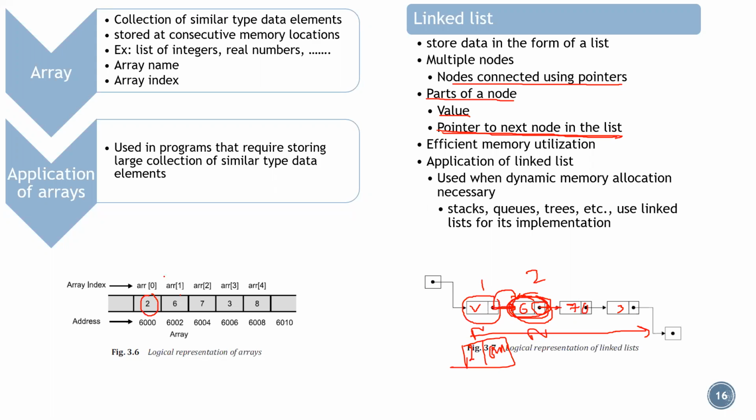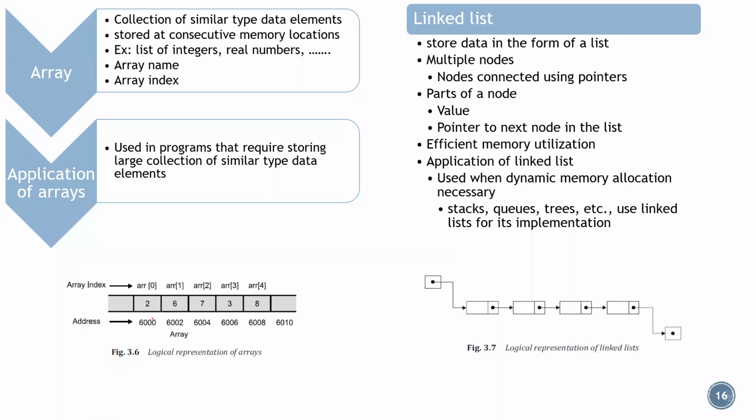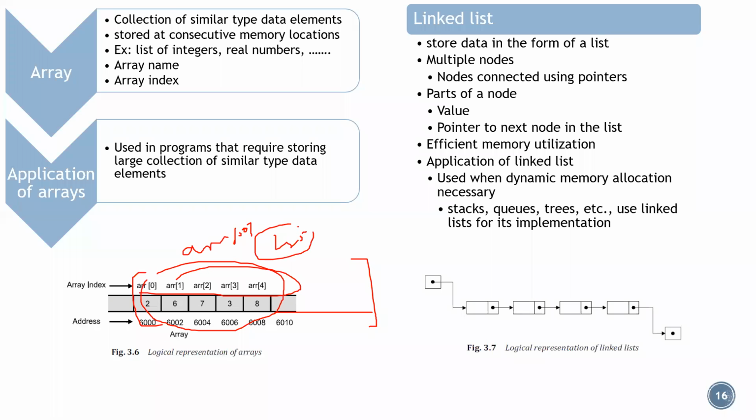Now here, if you just observe an array, if I declare an array of size 50, no matter whether only these 5 elements are present, the rest I am not utilizing in the present form. Only these 5 elements will be stored, and the remaining 45 locations will not be utilized. So you are wasting the memory. In order to overcome this problem, we can go ahead with a linked list, which helps provide efficient utilization of the memory.